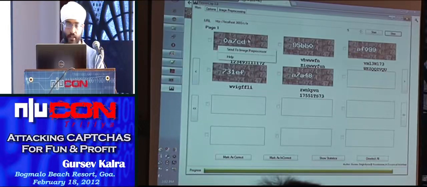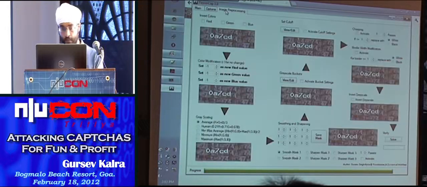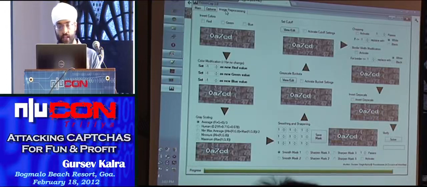You can right click on any CAPTCHA and send it to the image pre-processor. If you look at this CAPTCHA carefully, you can see that the white color, the text color, stands out completely from the rest of the stuff, right? That means that the distribution of the pixels towards the 255 value, which is white, should be less, because these are only the characters, and everything else is towards the black or the gray side, right? So let's try to